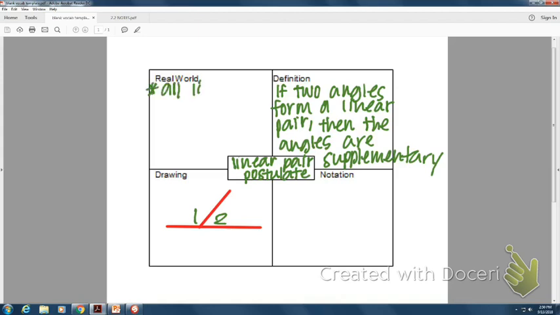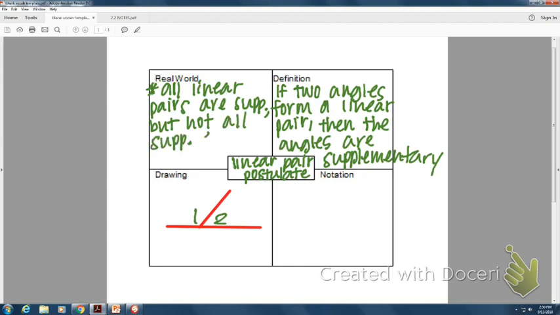All linear pairs are supplementary, but not all supplementary angles are linear pairs. All linear pairs are supplementary because they all equal 180 degrees, but not all supplementary angles are linear